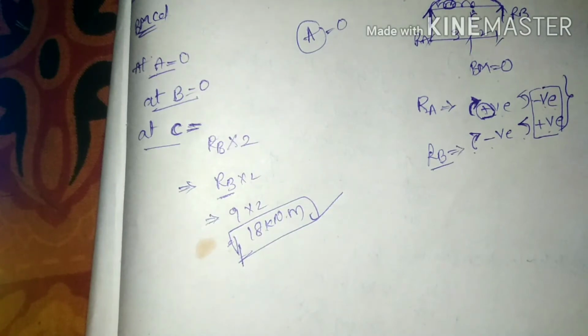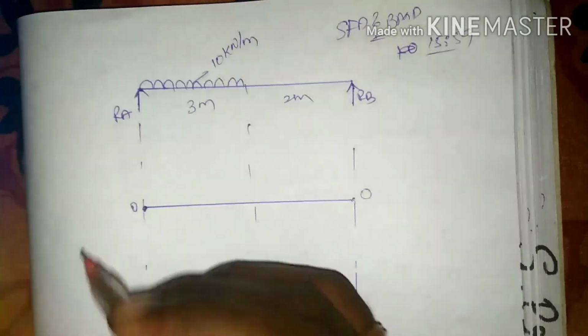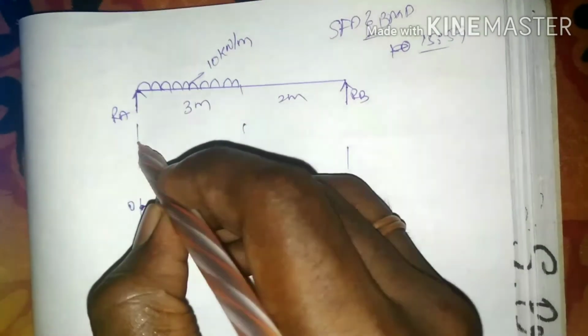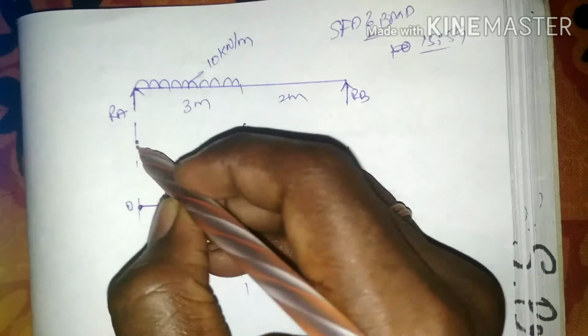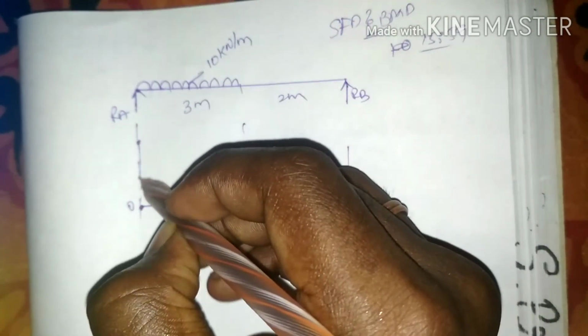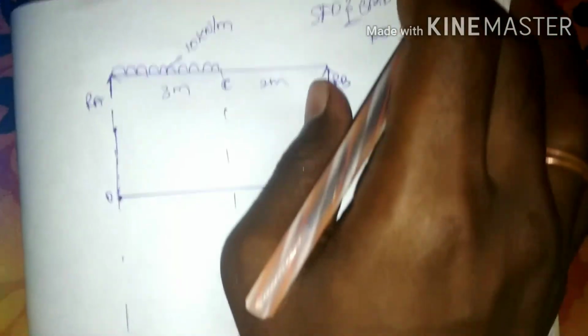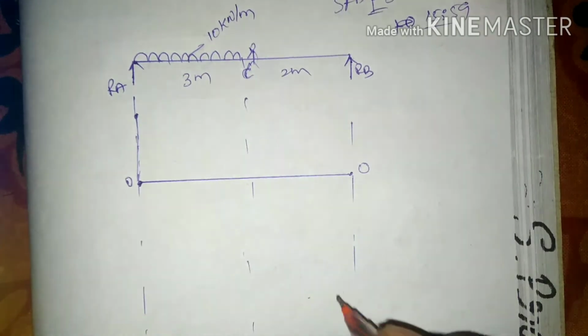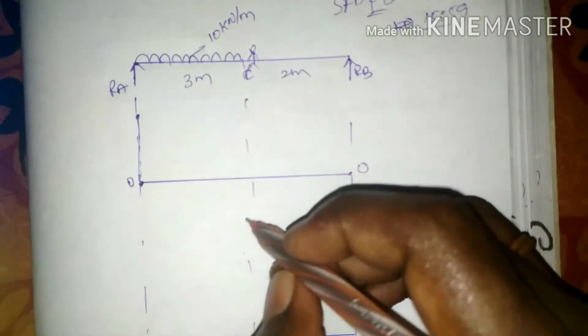From these shear force and bending moment values, we are going to draw the shear force diagram and bending moment diagram. Here, for the left of A it is 0. For the right of A, we have 21 kilonewtons. Let us plot a point here for the 21 kilonewtons. Thereafter, moving on to C, here we don't find a left because the value is going to decrease. For the right of C, we have minus 9 kilonewtons.